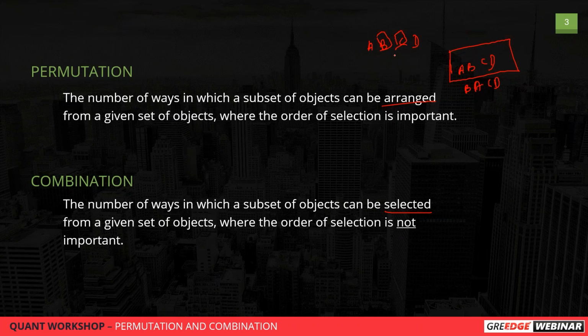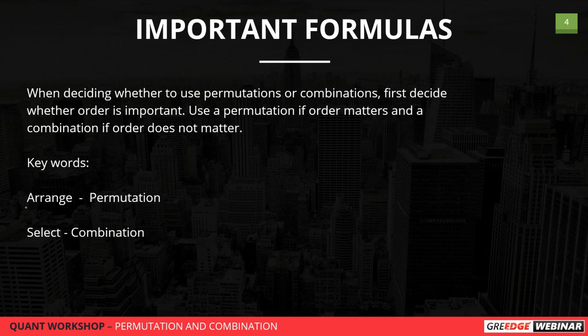So we have to think in a real-life scenario. What is the question asking you to do? If you are going to perform that task, whether you are going to select the objects or arrange the list of objects, based on that you can conclude whether the question is based on permutation or combination. As I said, the keywords are arrange and select. If a list of things is given and the question is asking you to select, then it's completely based on combination. For example, forming a team, or choosing a ball from a box. These questions come from combination.